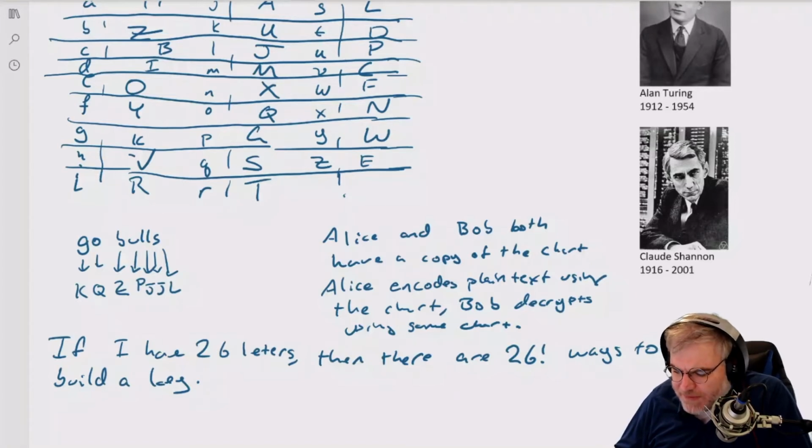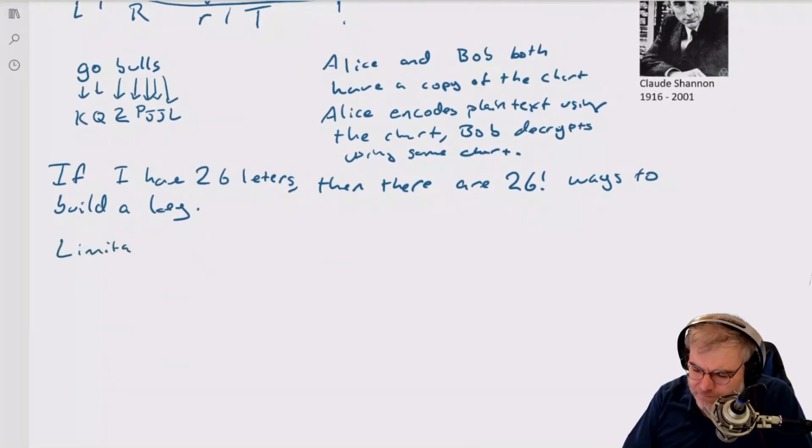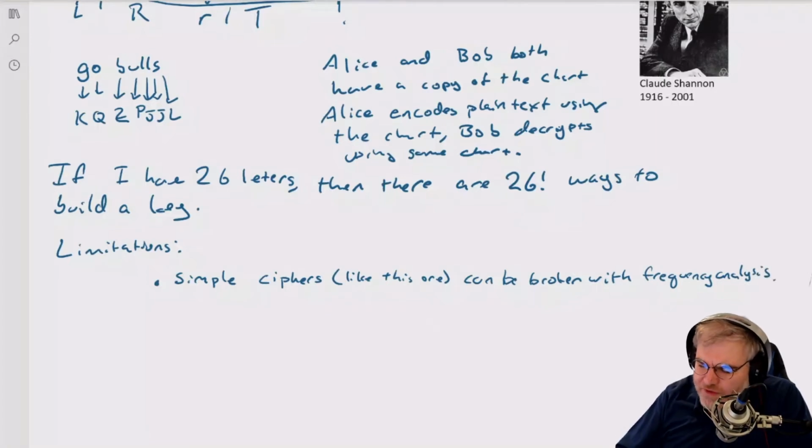So this is a very simple one, but this is a substitution. But what are its limitations? Right? Simple ciphers can be broken with frequency analysis. But this is not a problem that can't be overcome, okay, with this type of cipher system. Because